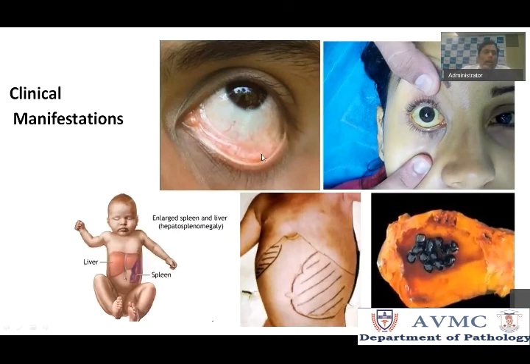Okay, so all the clinical manifestations are because of what we saw. Because of low hemoglobin, you find pallor, and because of hyperbilirubinemia due to the metabolism of heme, you find icterus, that is jaundice. And the same bilirubin can get deposited in the gallbladder as pigment stones. So patients with hemolytic anemia can present with pigment stones.